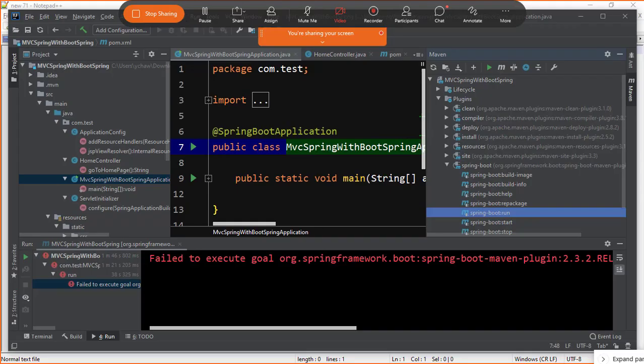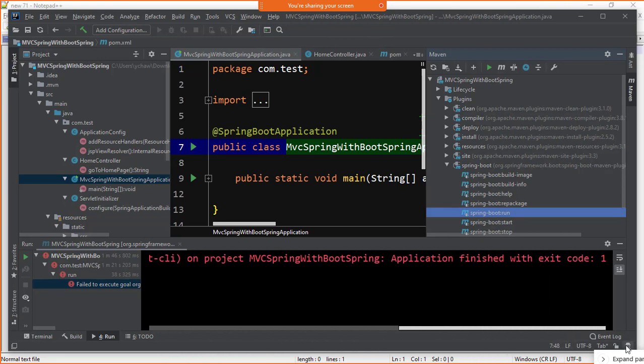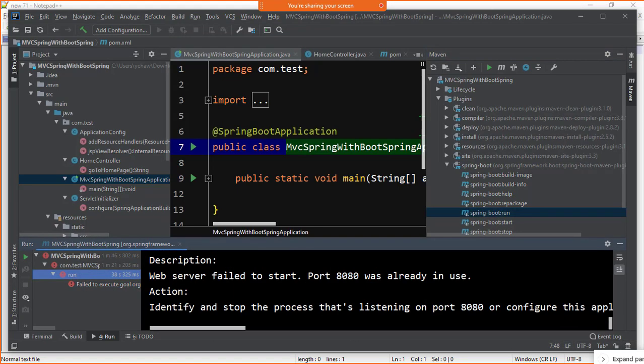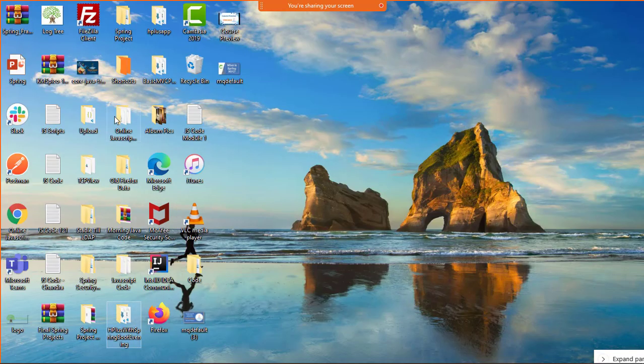Let's check. So it says application exit, that means some error has occurred. Just click run. Port number 8080 is already in use. Now I have the application to close all ports, right? Let's say my application name is TCPView.